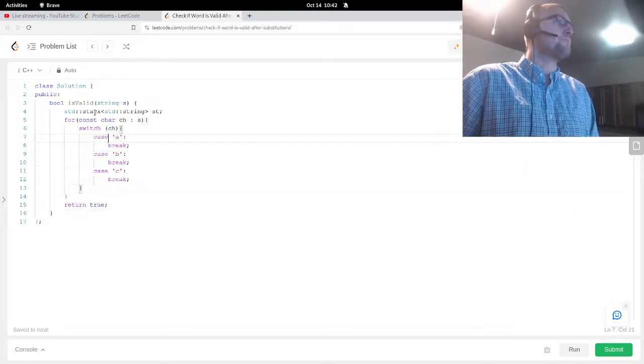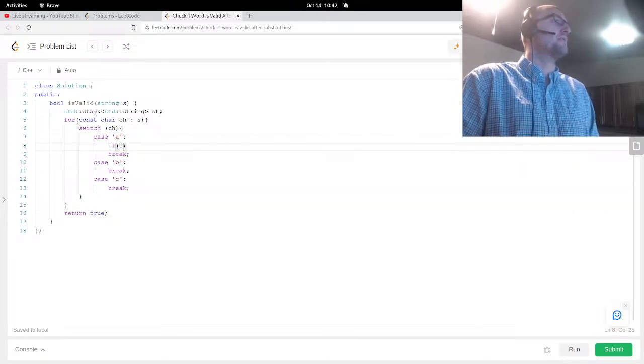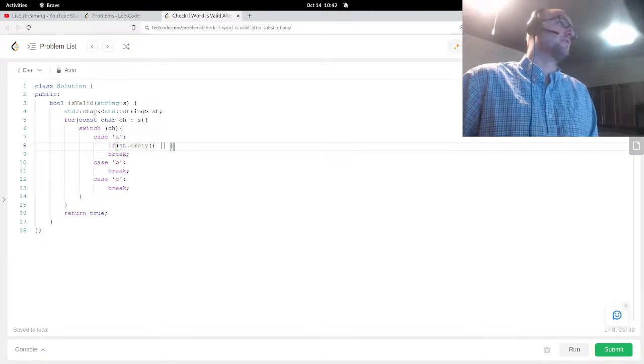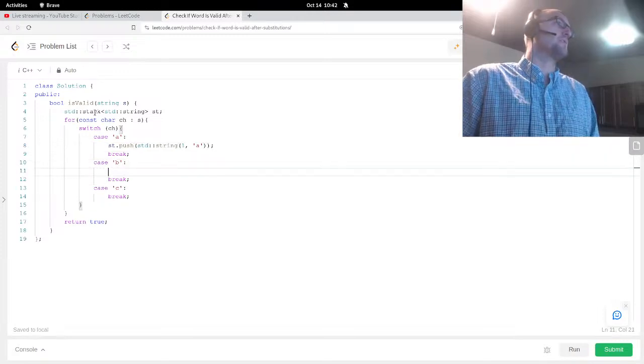Okay, so we see A. Actually, I think you can always push A. You can always push A. I think that always works. Then when you see B, if st is empty,